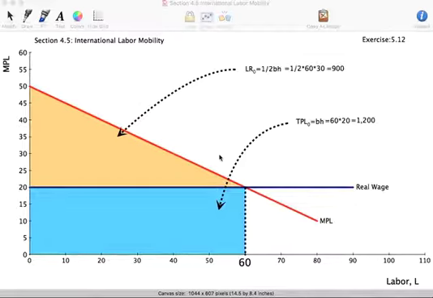And in this particular video lecture, I'm going to be taking a look at section 4.5, International Labor Mobility. In particular, this relates to chapter 5. It's exercise 5.12. I'm doing this because on the module number 1 test, this is the question that posed the